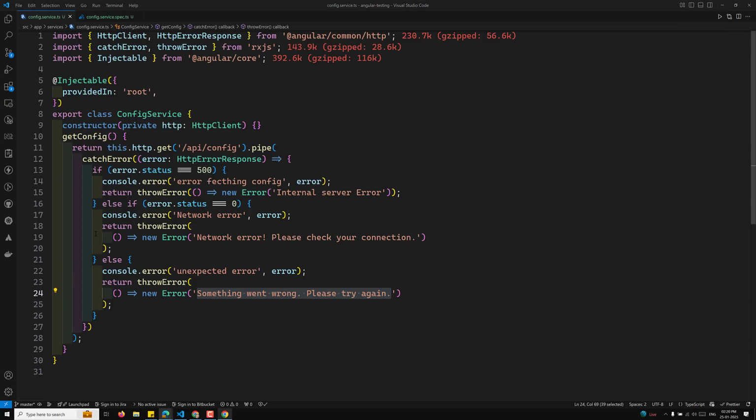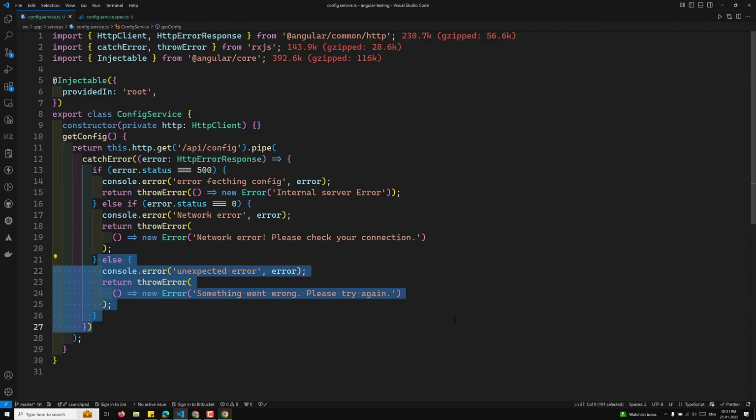So that's it guys about this one. Now you will have a clear understanding about how to handle these HTTP backend errors, whether it may be a 500 error or a network error. That means if you don't have an internet connection, let's say the internet connection has suddenly gone, and you need to test that scenario also, whether it is working fine or not. For that scenario you will be using this network error. And the last one is, other than those, a 404 error or a 400 or any errors whichever you are able to get,